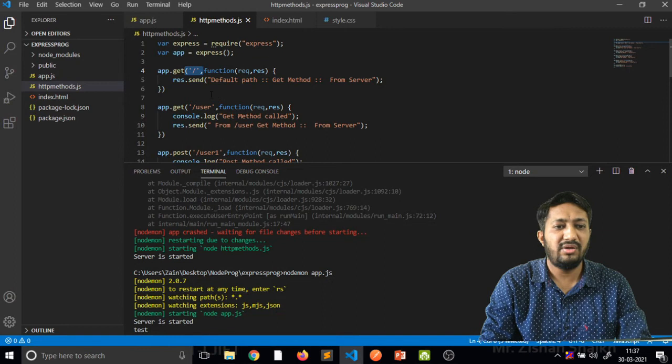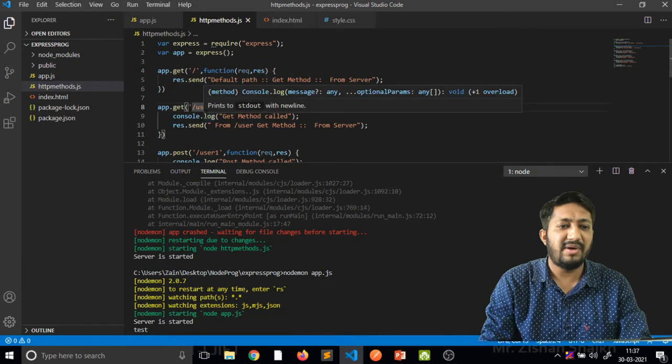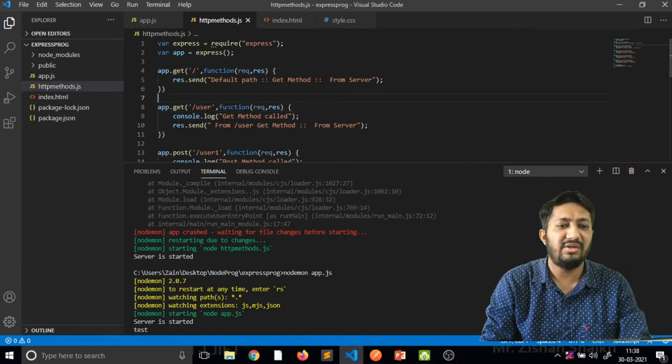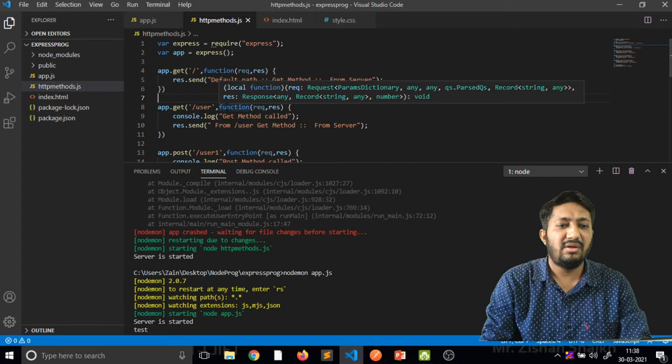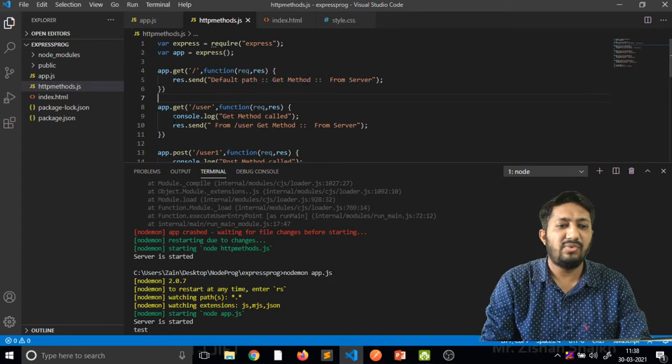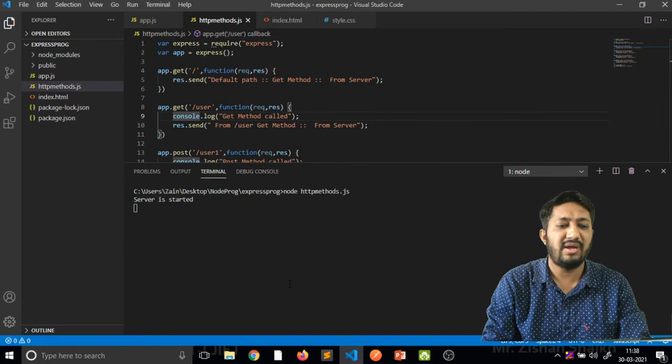Here you can see for app.get we are using one specific path that is user. I am setting the user. The same code is here, a function with request and response. Here I am just writing console.log, so I can know whether this method is called or not.